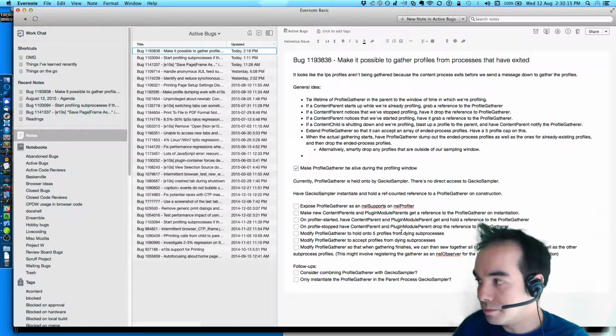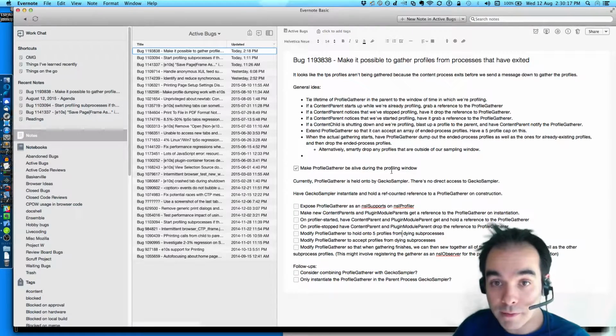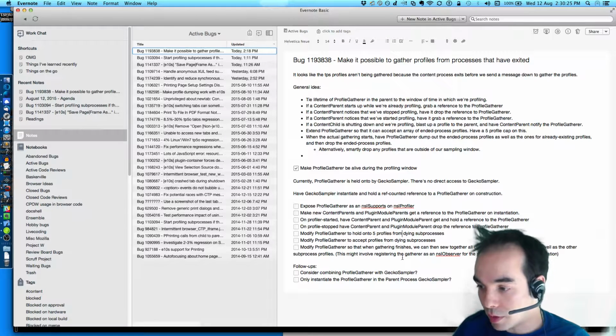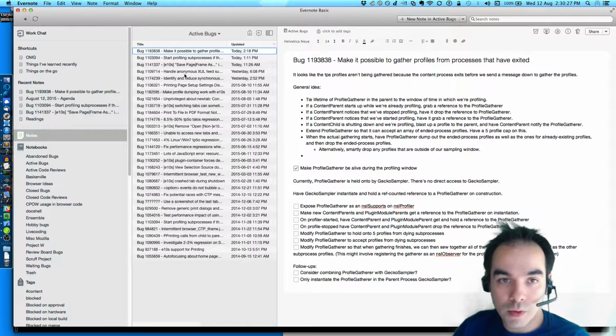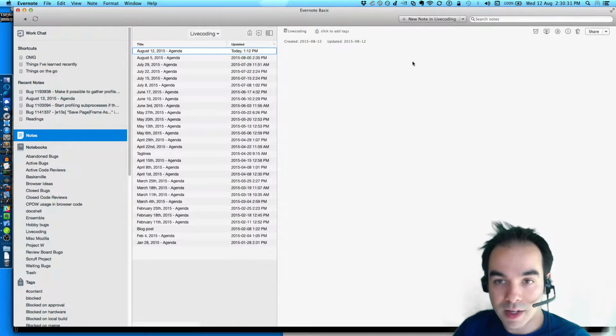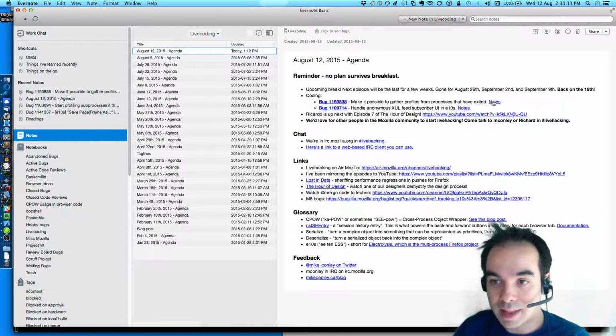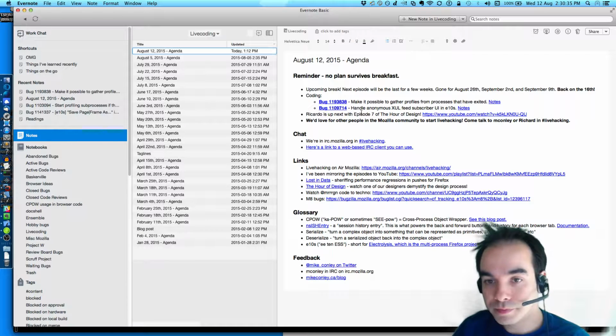I might also do it on my own time. If you're interested in following along, this note is where I will be putting my progress. You can see me check things off and add notes and like when things are going wrong. So there's a link to this note. I believe I put it in the agenda here. Yeah, so click that, and then you'll see where I got to.